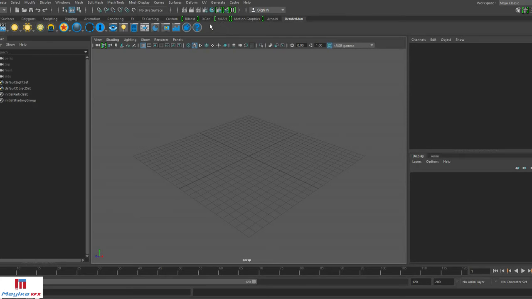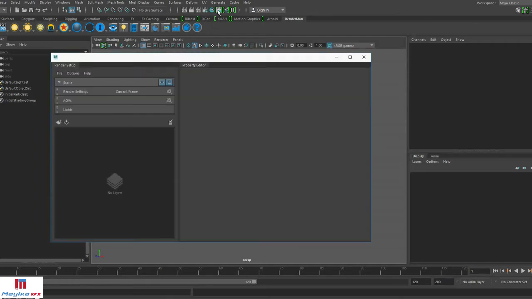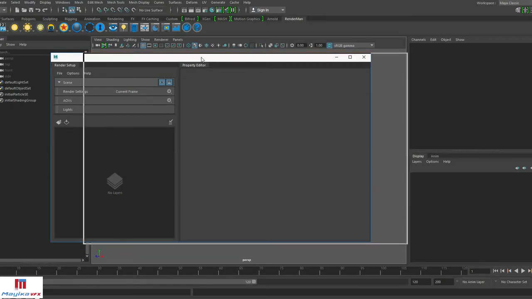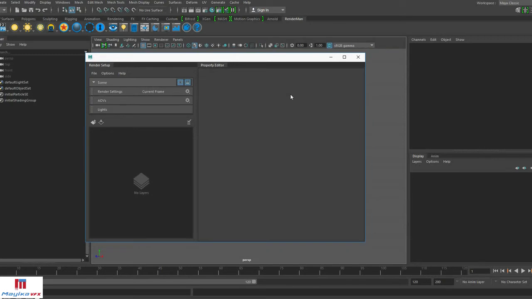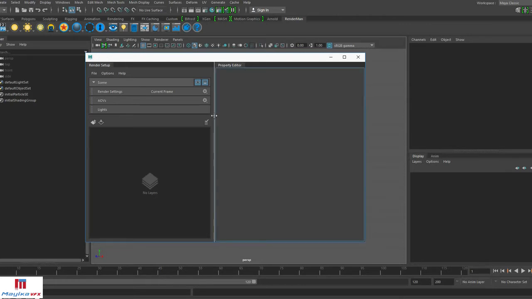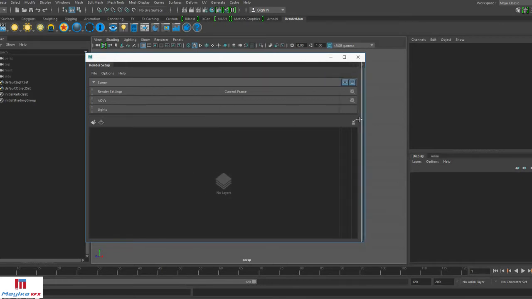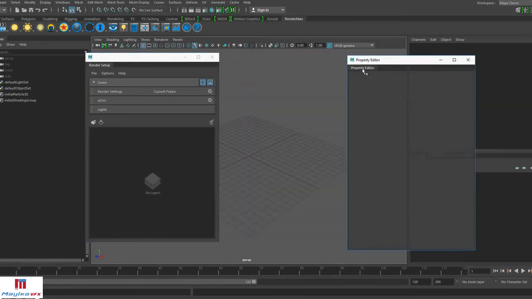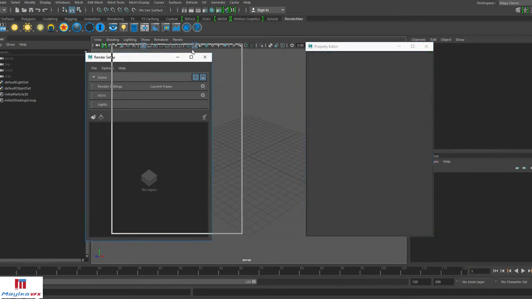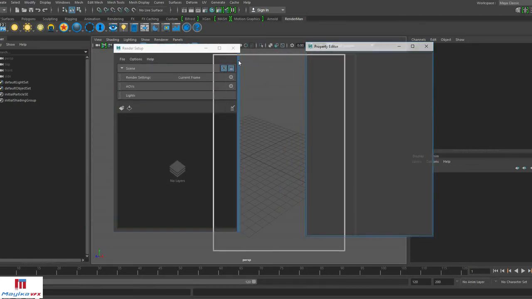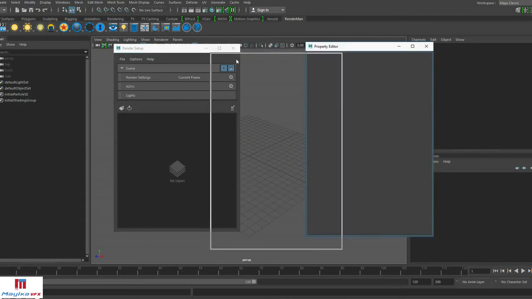Here this button opens up render settings, and the UI of render settings is very flexible. You can actually attach, detach. This can be detachable, and you can attach the properties again.